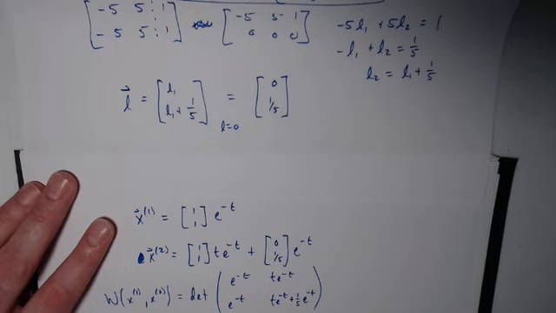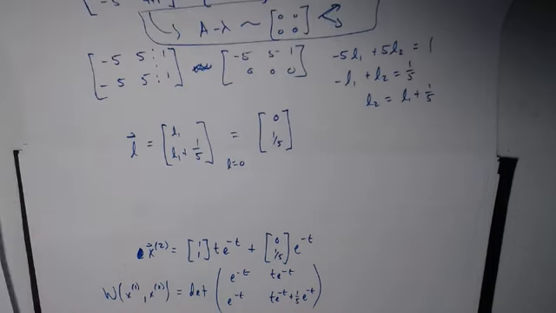The t e to the minus t terms are going to cancel out, so I'm just going to get 1/5 e to the minus 2t, which isn't 0,